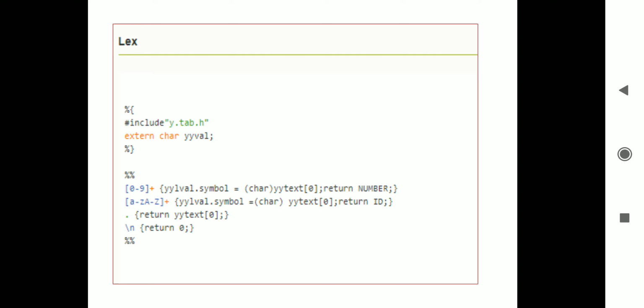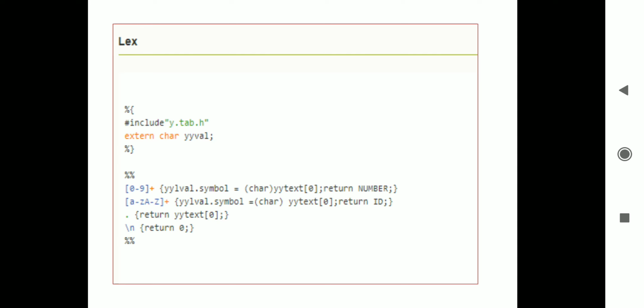And if any character is between small a to z or capital A to Z, in any combination, it returns the token name ID. And for dot and slash n, nothing is written there. This is what we call the translation rules, what we return here. This Lex program does not contain any auxiliary functions.